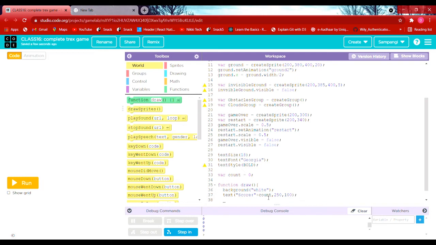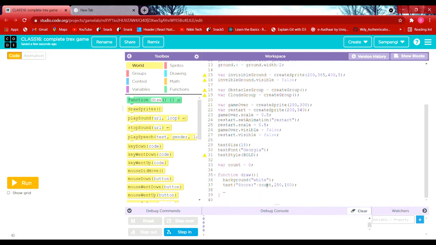In the next line we have to make the text visible. So console dot log game state, so game state,